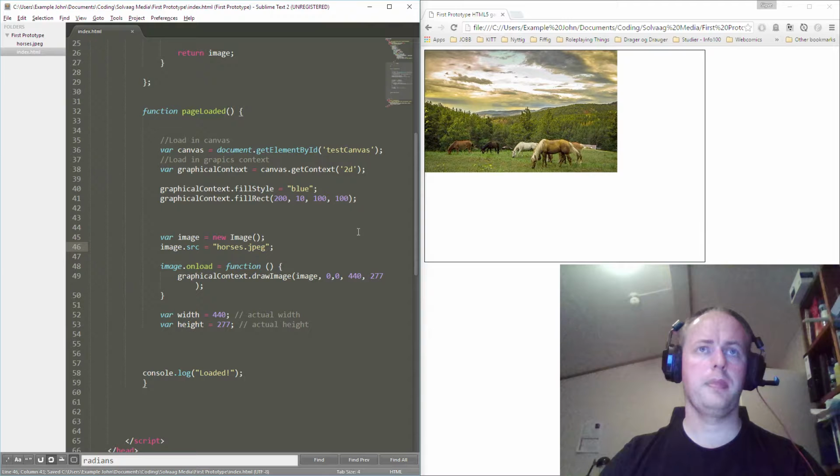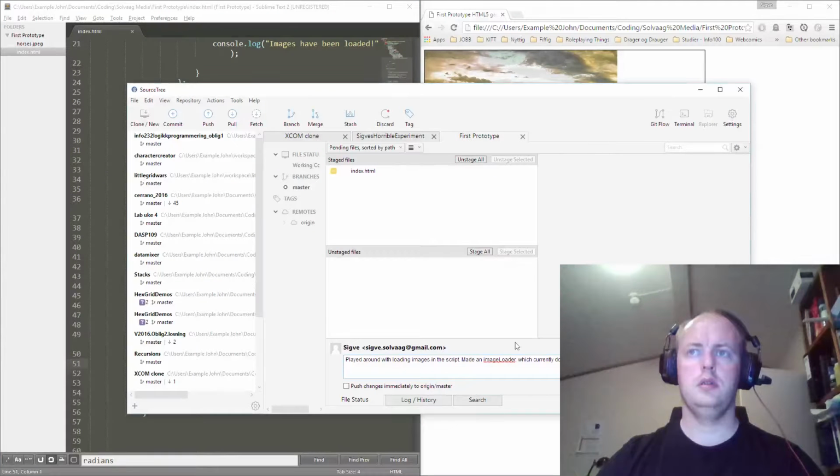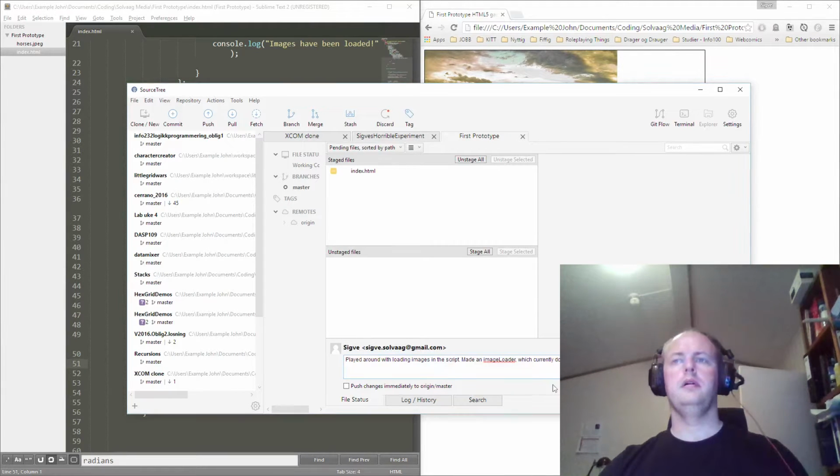Used image onload to deal with callback. Okay, and commit. And push. Yes. So we got our commit done,